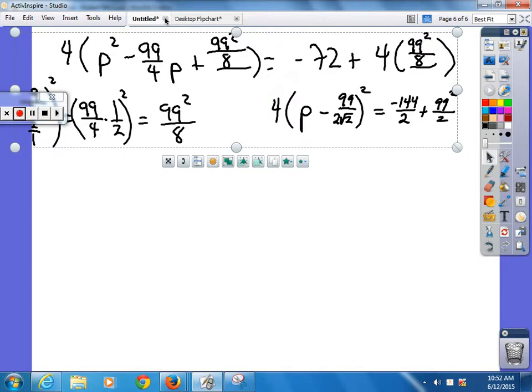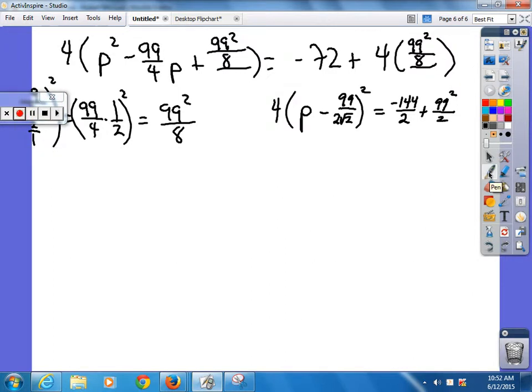They just popped up. So, if I wanted to fix this right here, I'd multiply by the square root of 2 with the square root of 2, that gives me a 4 on the bottom. So 4 times p minus 99 times the square root of 2 over 4